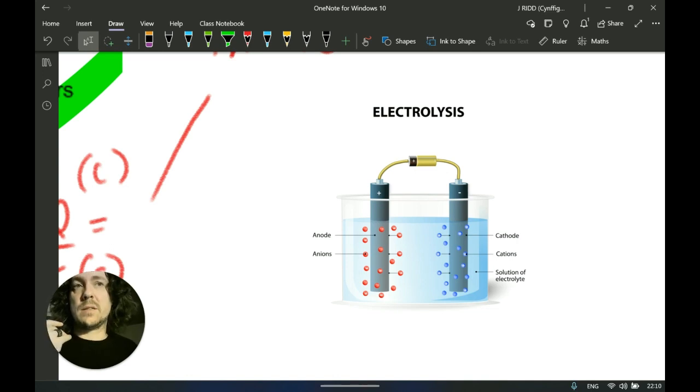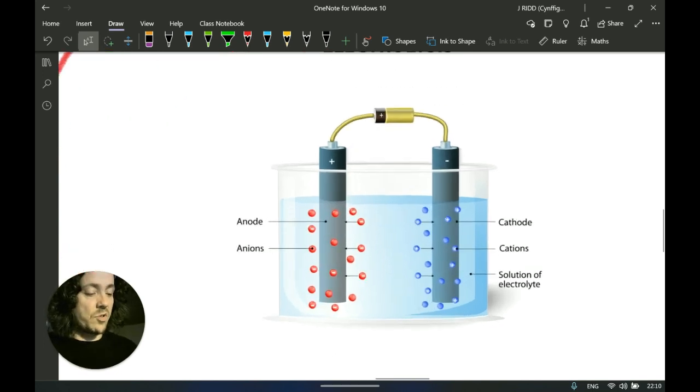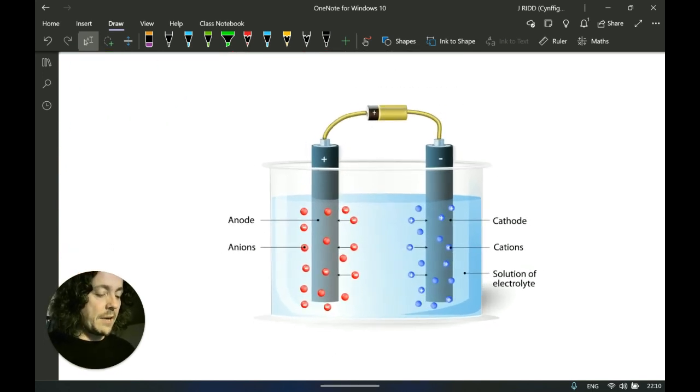However, it would be remiss of me not to mention the fact that, of course, you can have other charge carriers. So in the case of electrolysis, if we have, for example, the electrolysis of copper sulfate, then the copper ions will carry charge to the cathode. So here we've got the copper ions, which are then transferring that charge,